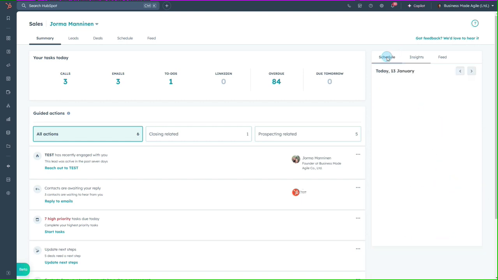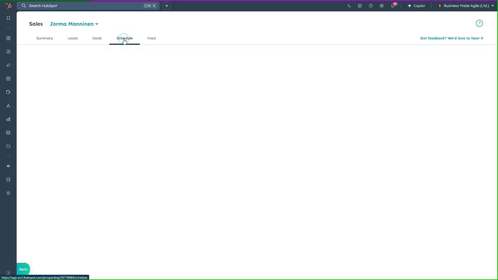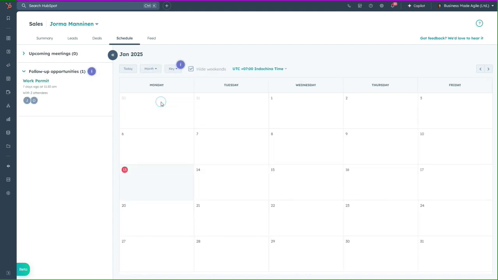If you click on the schedule here, you will get a view to your personal calendar for today. So it's a daily based calendar here. If you want to see a weekly or monthly, you go to another tab folder here in the schedule. And when you click on the schedule, you will get the whole month, sorry, whole week. And if you want to see the month, you can select the month. And you can also